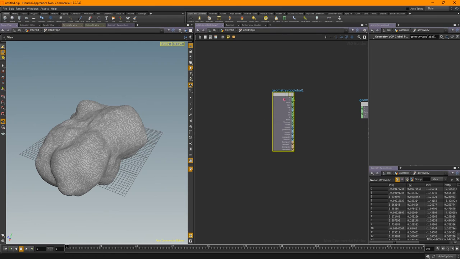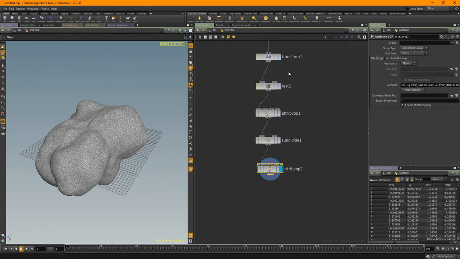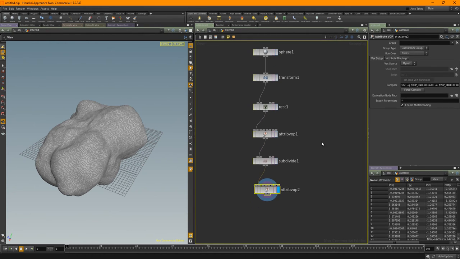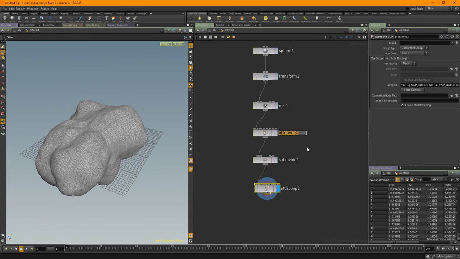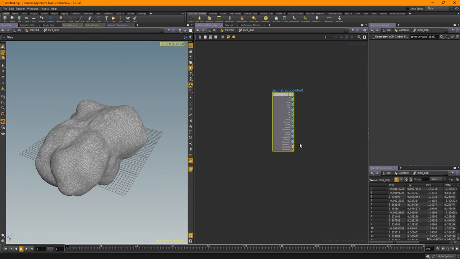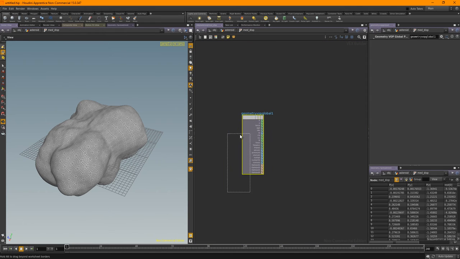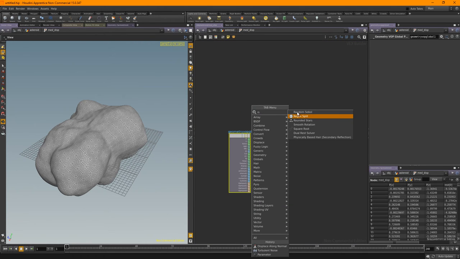So it might be an idea to start naming these nodes, the important ones, like large disp. This could be med disp. Jump back inside. Same thing going on again.